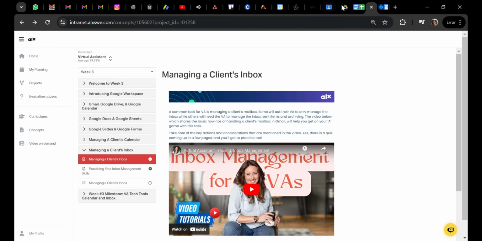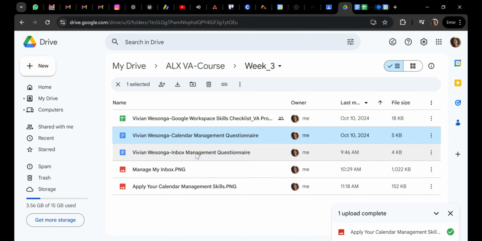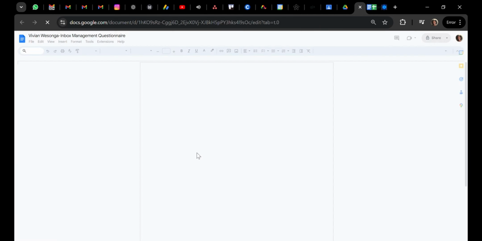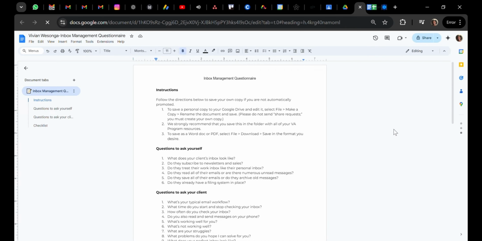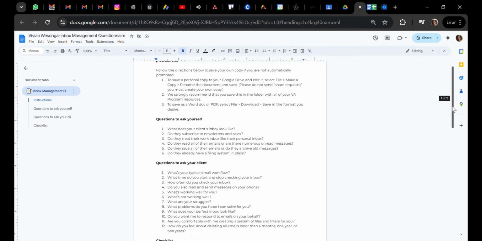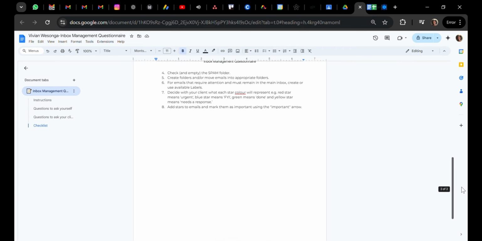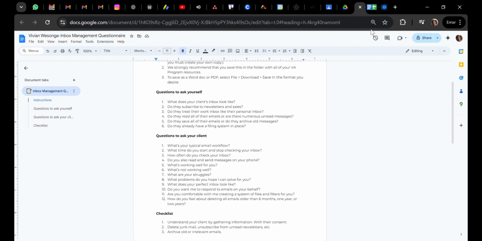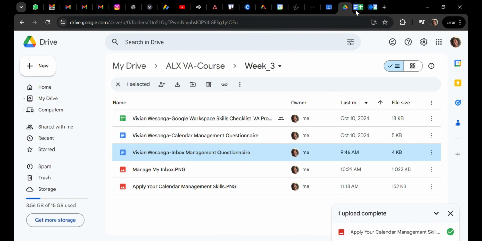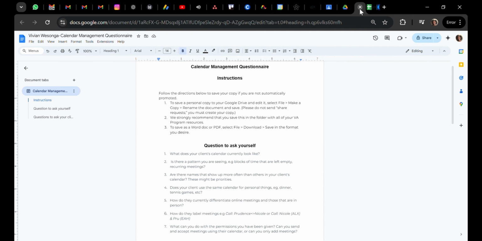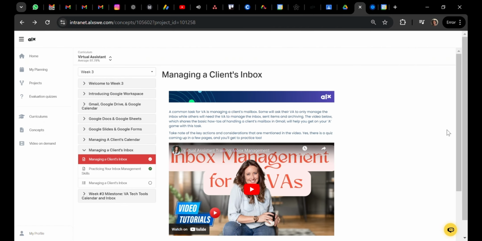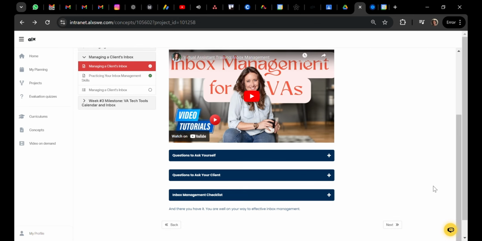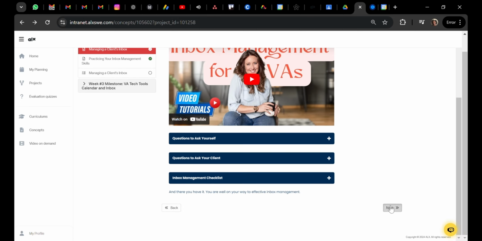And then I'll just go to my drive and show you where it is. You can see it's the next one. So I've just opened it to show you how it looks like. So this is how it looks like. If you were to scroll down, that's what we have in there. And we'll go back to the drive just to show you. Sorry, I'm just closing all this. So we'll go back to the portal and we're going to click next.